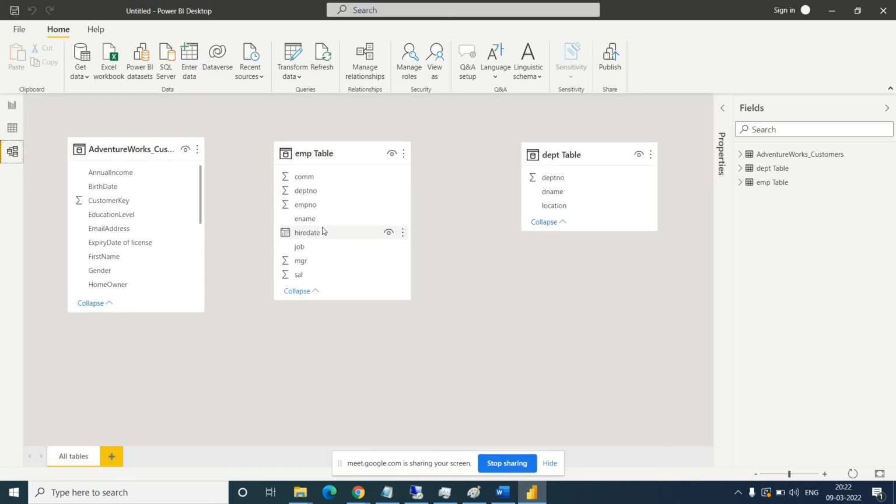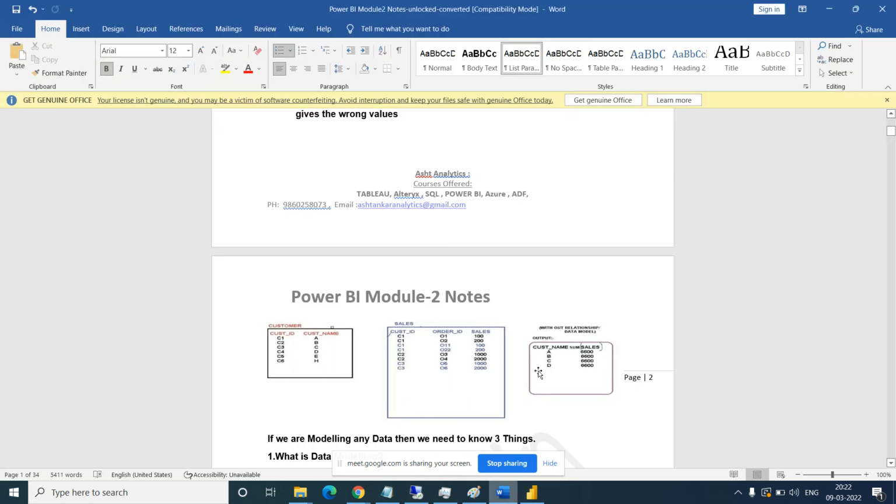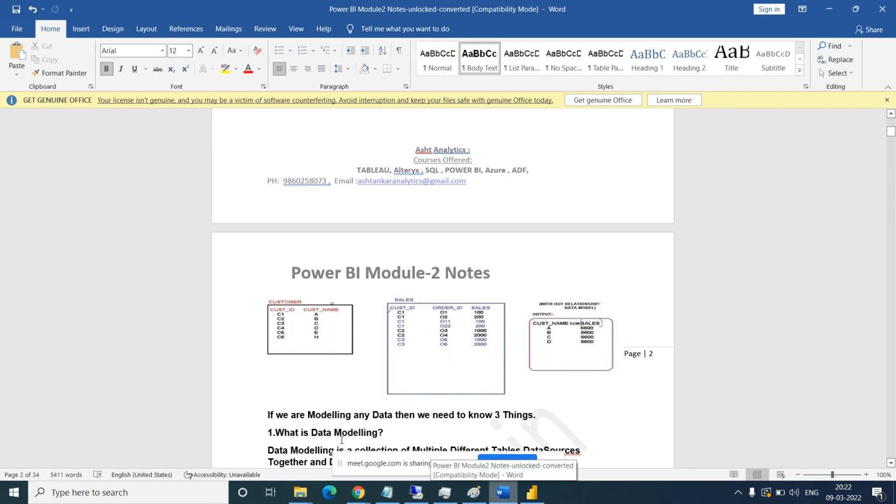So how to create a relation? Which was the column? Department, right? So drag the department number column into the department number. Okay, so it created a relationship. It will automatically detect whether it is one to many, many to one or not, and it will give you the flow of this one. Now if you see here, it is giving the wrong result, the same result: 6,000, 6,000, 6,000. So same thing it is trying to show here. If you don't create a relationship and you start to analyze the data, you will get a wrong result.